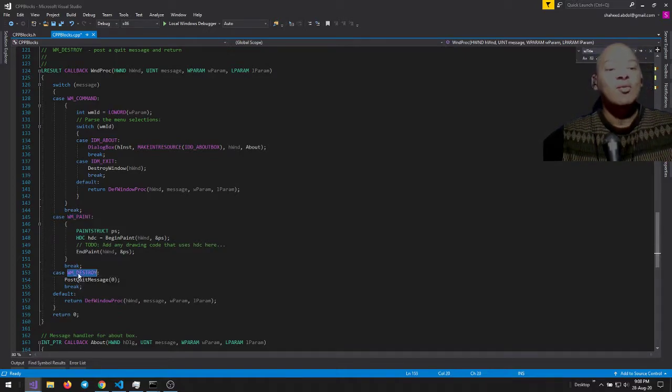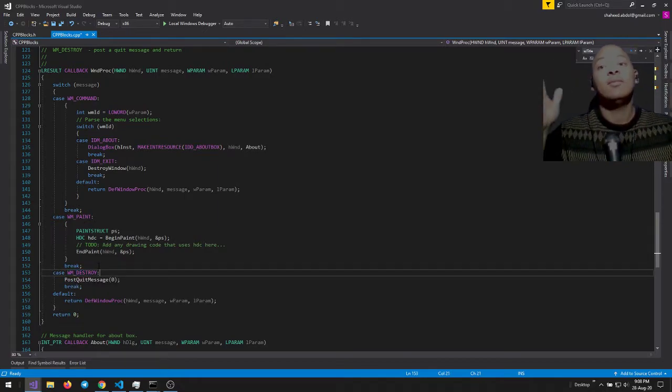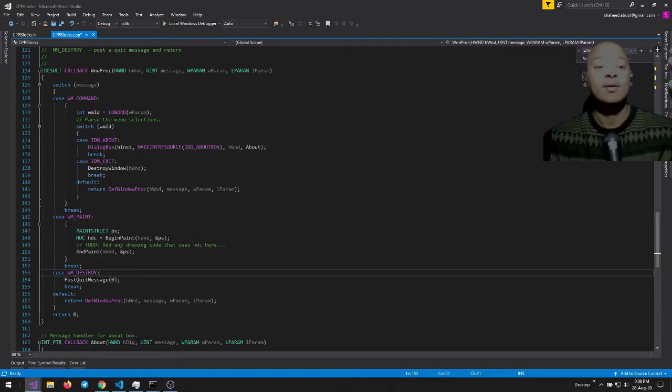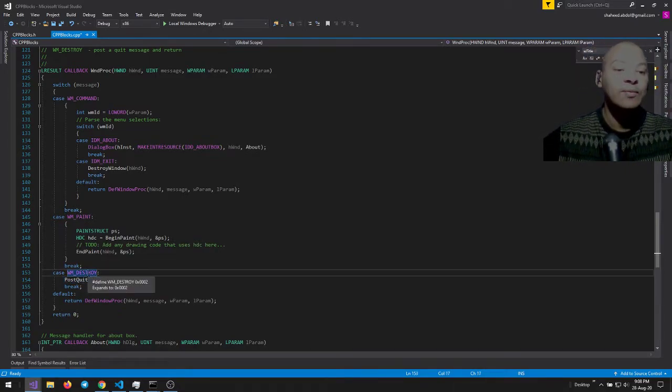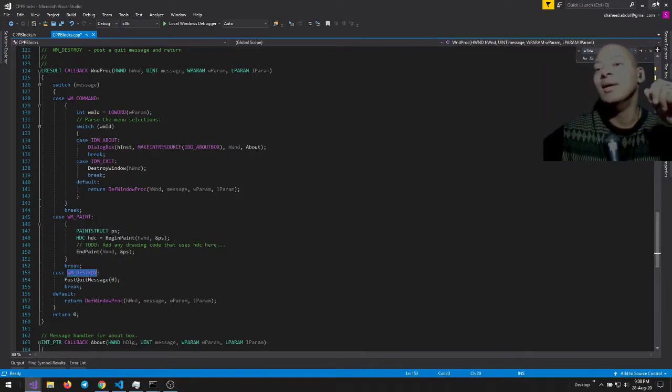Its mnemonic is WM_DESTROY. So WM stands for window message, and destroy is like, hey, you're all getting destroyed now, this window is getting taken down. So when you get passed this message, usually in response to one of these close button clicks or Alt F4,